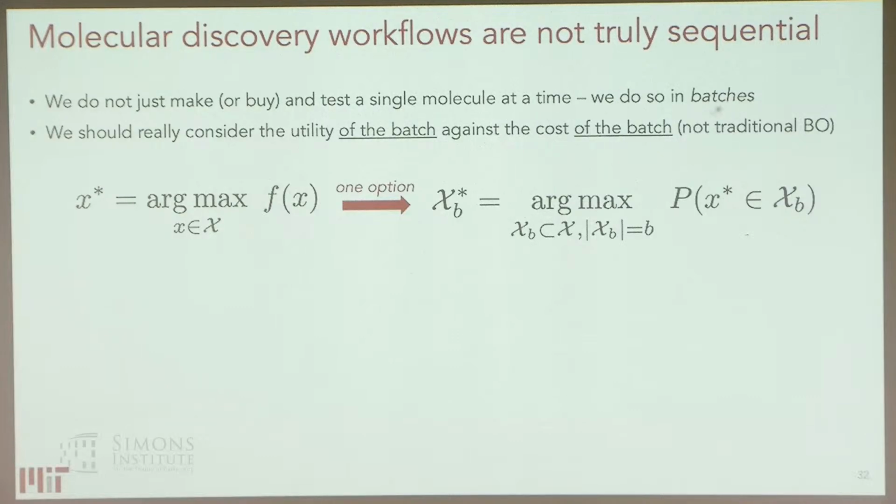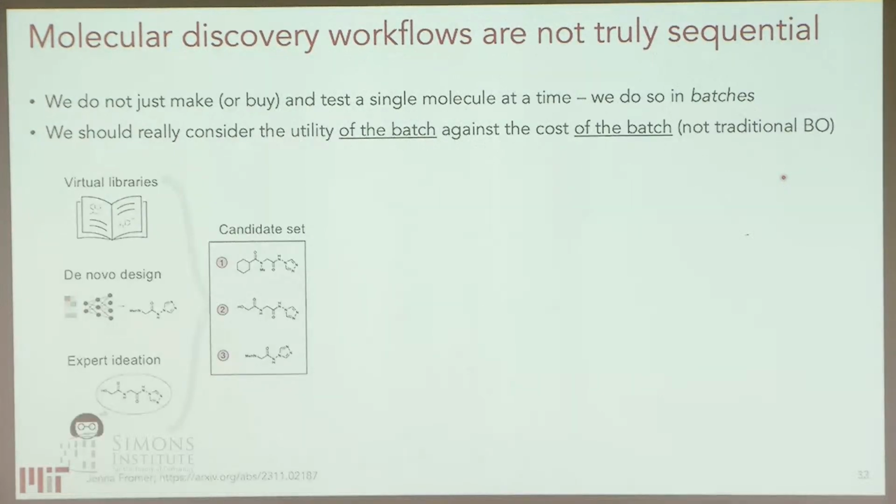And so if we are willing to buy into this argument that we're trying to find the best molecule in our design space, given some oracle, then one choice of the best batch would simply be the batch that maximizes the likelihood that the optimum is within that batch. I know that's one choice of many. But with this in mind, we've tried to develop some different techniques tailored to chemistry that try to get at this batch aspect. So one of the frameworks that we've been building out to do batch molecular design